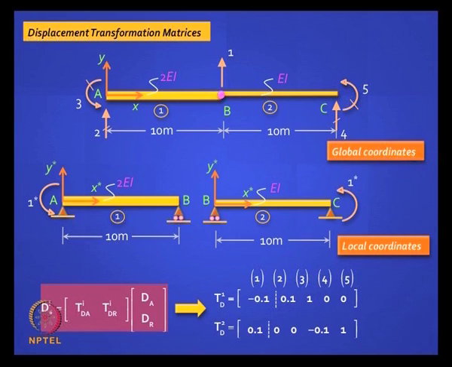If I lift up B by unity and do not allow any other movements, then I have an anti-clockwise chord rotation 1 by 10 for this element, which will give me, should it be minus or plus? Minus, because anti-clockwise chord rotation is clockwise equivalent flexural rotation, so it is minus, and for this I get plus because it is the opposite. So that is how I fill up the first column. Is it clear? Second column, how do I fill up?